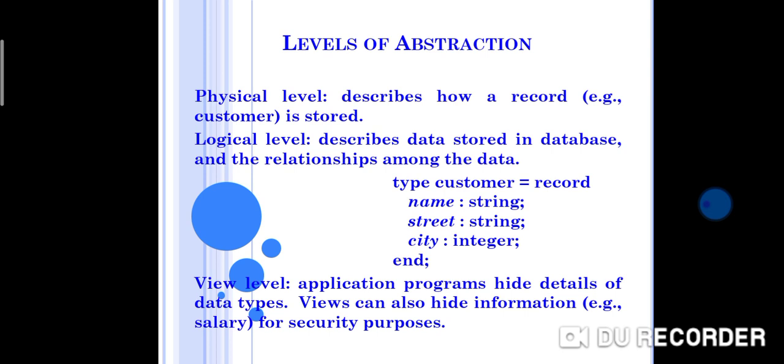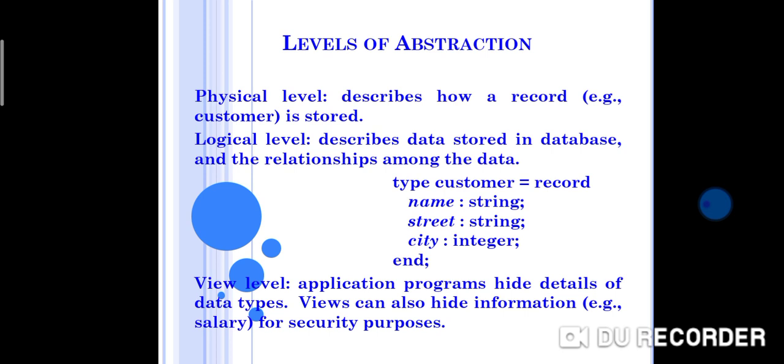The top level of the architecture is the view level. The view level provides the view of data to the user and hides irrelevant details such as data relationships, database schemas, constraints, and security from the users. To fully understand the view of data, we must have a basic knowledge of data abstraction, instances, and schema. So first we learn about data abstraction.